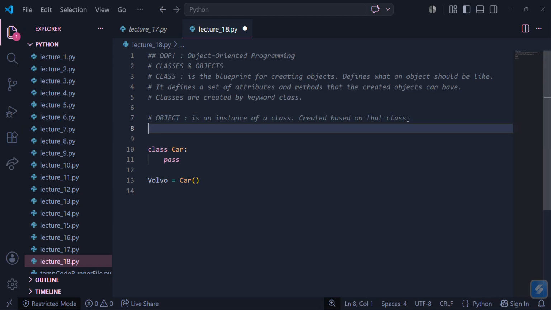How is it defined now? It is defined with the class name, like that. Okay,